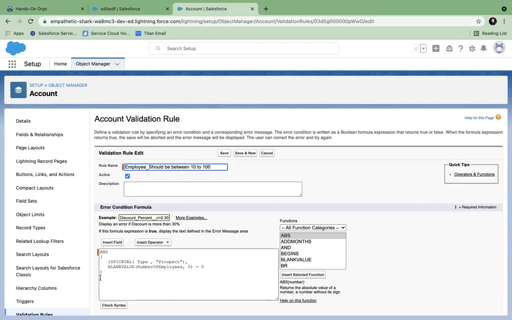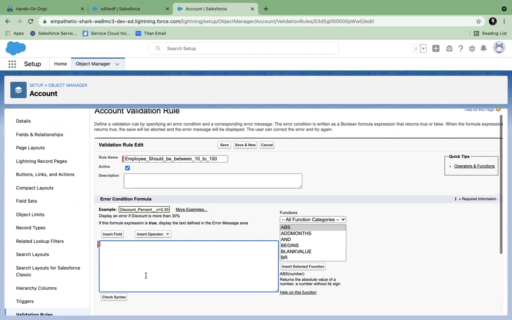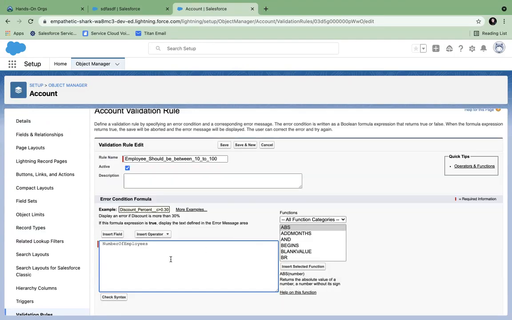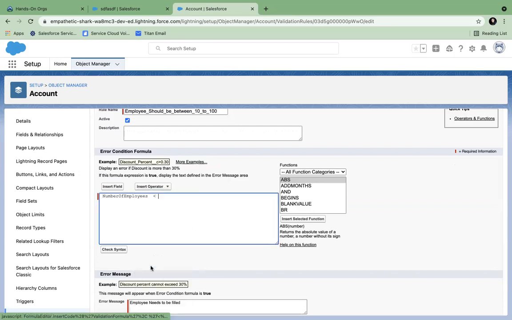That's it. So what are the conditions we have? First condition is employees less than 10, or employees greater than 100.